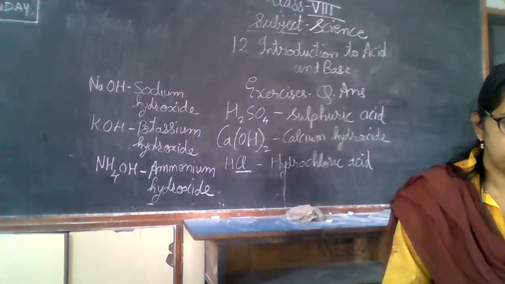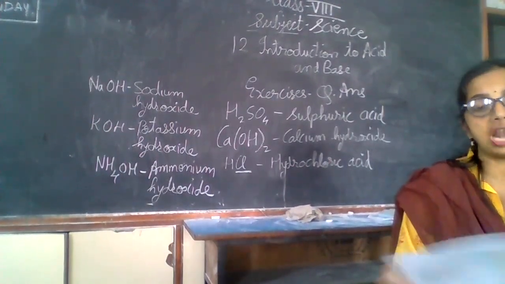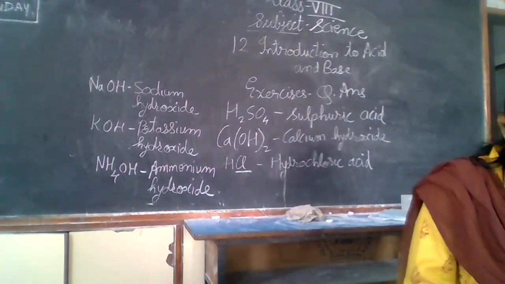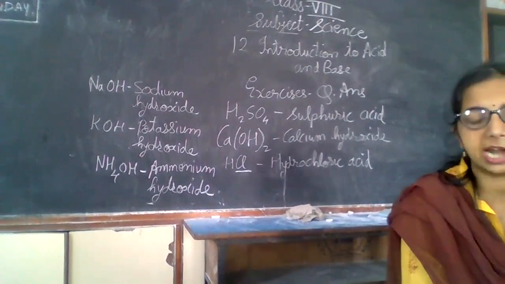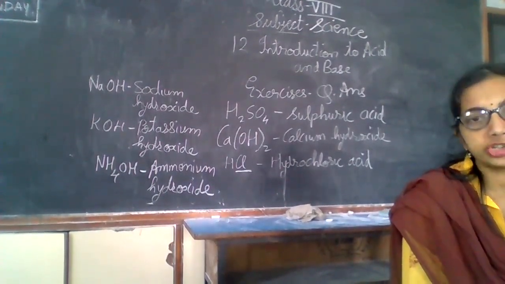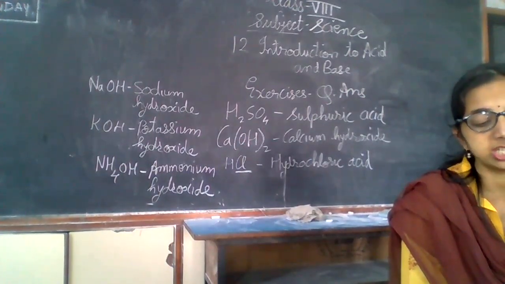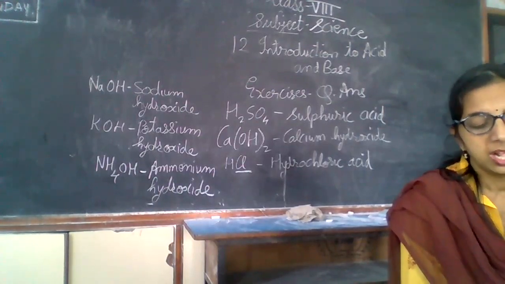Next question, which are the industrial uses of acid? Where are all acids used? Acids are used in the production of chemical fertilizers that we add in the field. Acids are used in production of explosives, oil purification centers, medicines, dyes, as well as paints.